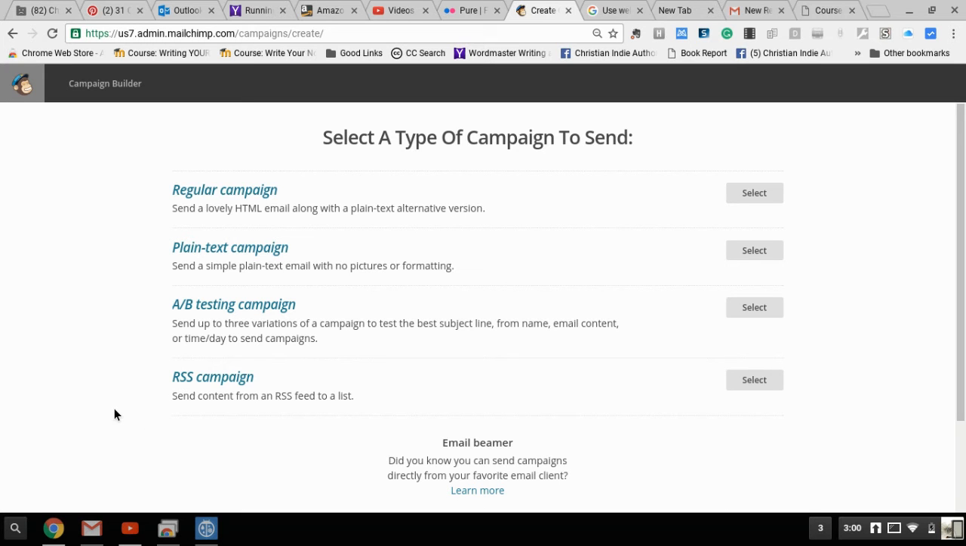RSS campaign is sort of interesting. Basically what that one does is it sets up a link to, for all practical purposes, your blog, and your blog then delivers that RSS content automatically to your mailing list whenever it is updated. You can also set specific times for it to update. A lot of things that can be done there. Too much for us to get into in a basic class, but if you really want to get your blog out to your mailing list, this is a good way to do it. But we're going to do a regular campaign. That's the simplest, so we're just going to click select,